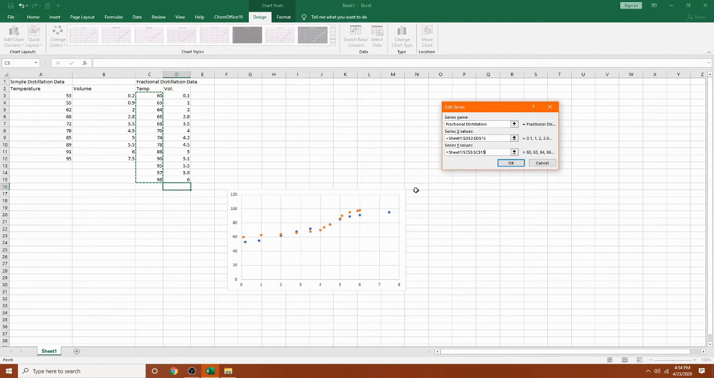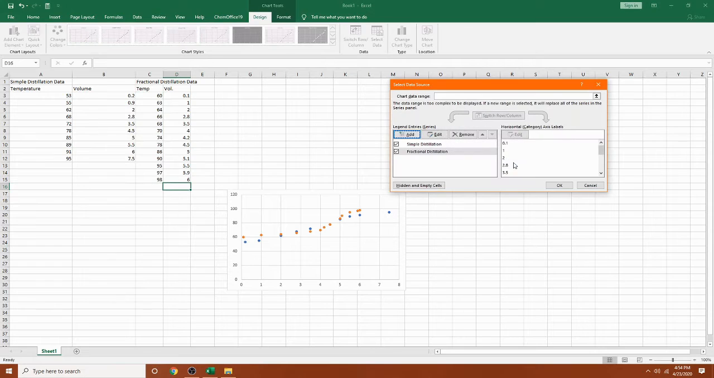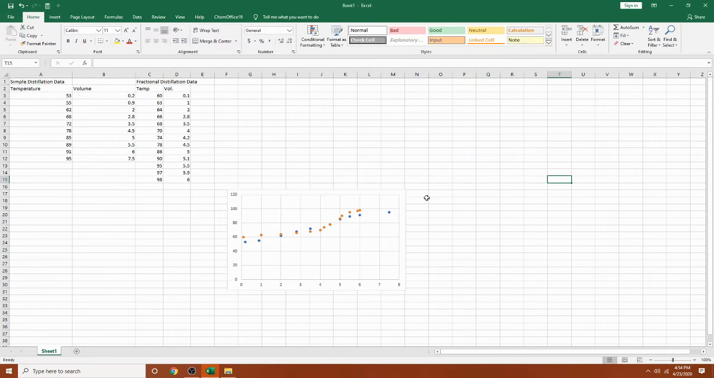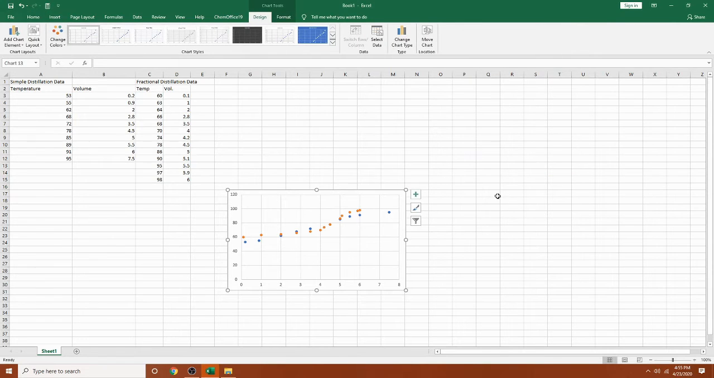So now you have another set of data plotted in the same chart. Click OK. I like that. Click OK. So now it looks okay, but it's kind of all bunched up on the top here. I want to adjust the